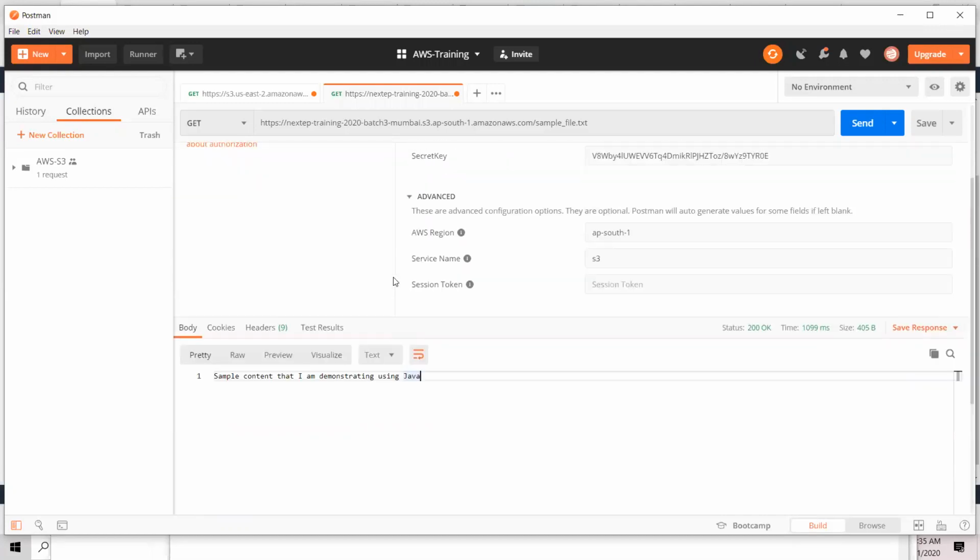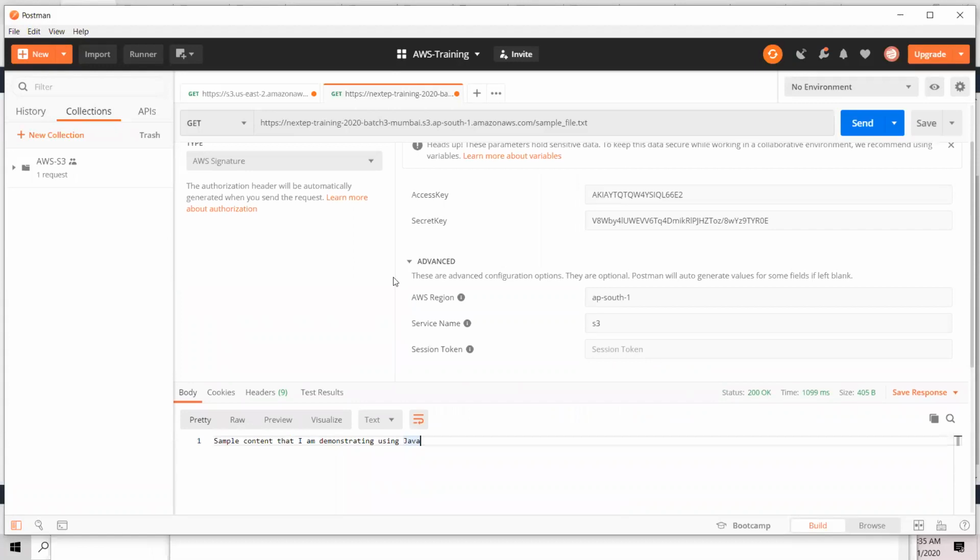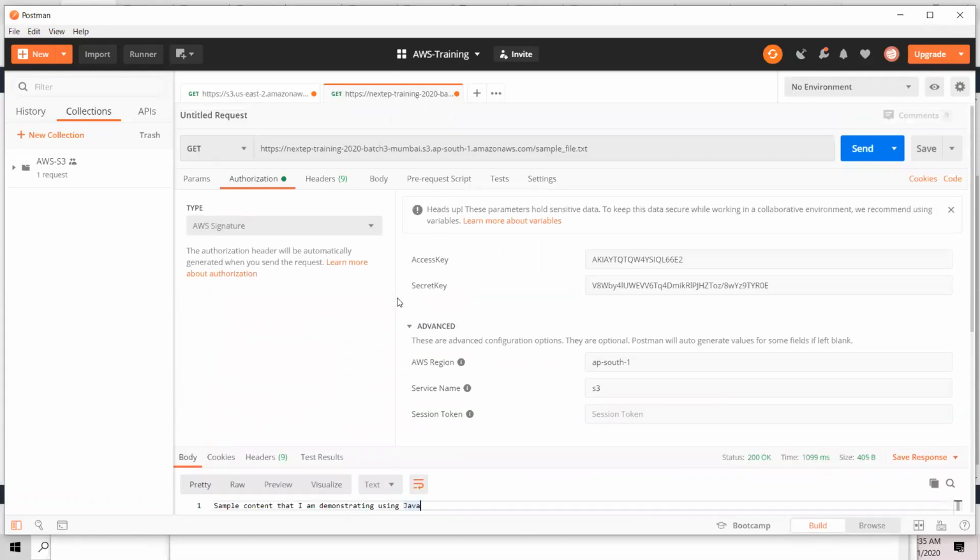With Postman, you're doing all get operations. Can you do post, delete and all those things too? Yeah, you have to give a bigger payload and do a lot more for that. That's why I wanted to show that with the SDK, because it's a little involved there. You can absolutely do that.